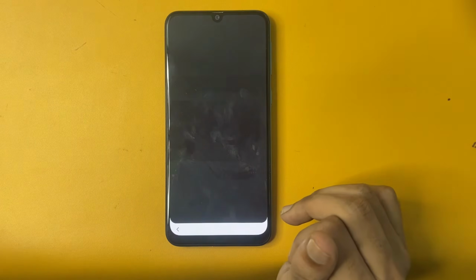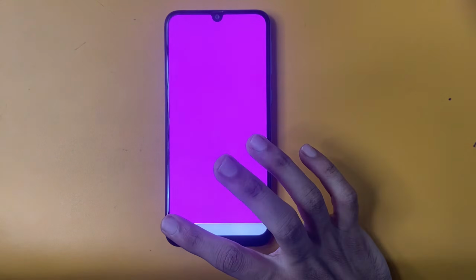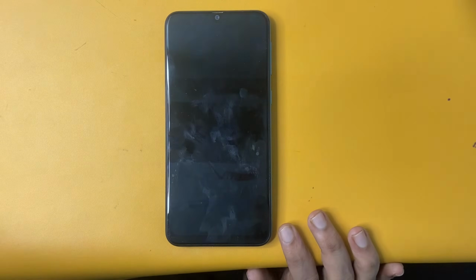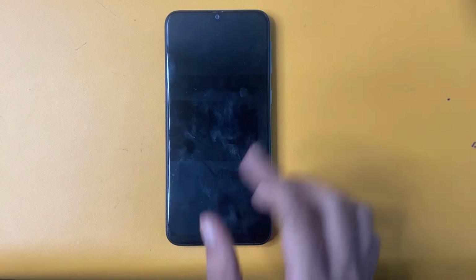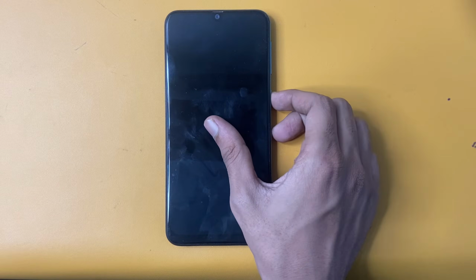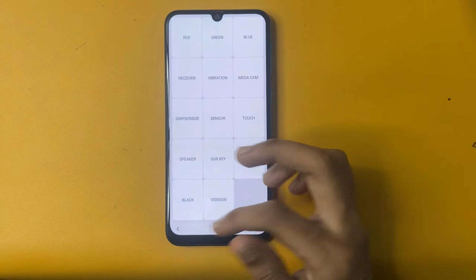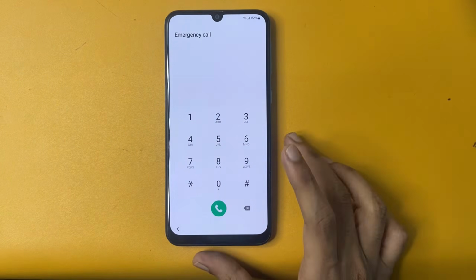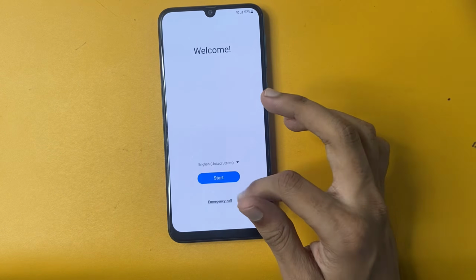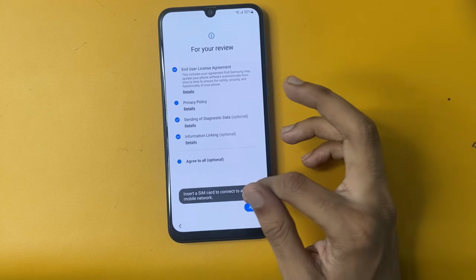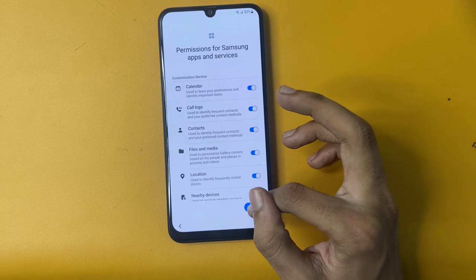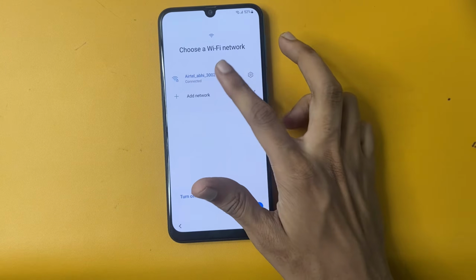Now go to the sub key option, wait a few seconds friends, and now release this. Now go to this black option and wait a few seconds. After, click this power key and turn on your phone, and now click back friends, click back, and you can see this. Now go to this start option, agree to all and agree, and now more and agree, and again go